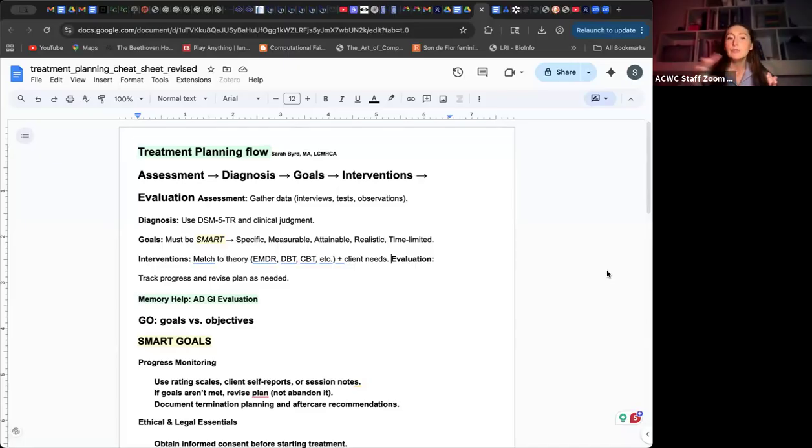So that's the flow. I think of it like a flow, right? And it's going to basically work this way over and over with our clients. Assessment, diagnosis, that's the AD part. Then the GI, that's the goals and interventions. And then finally, evaluation. Now, something else they can ask questions on can be the actual goals and objectives,